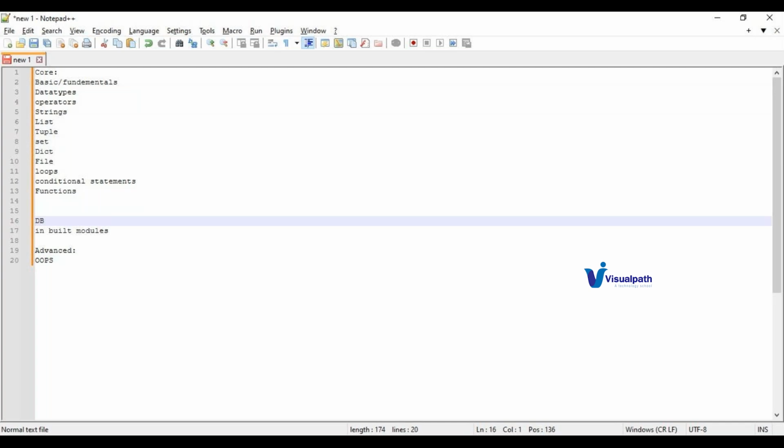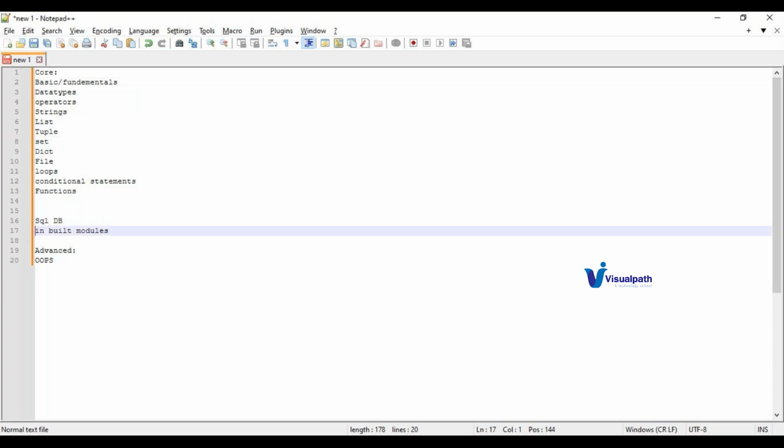So can we also interact with the database using the Python script, like updating or inserting? Yes. We'll add some SQL DB and try to interact with the DB. Sure, okay, thank you.